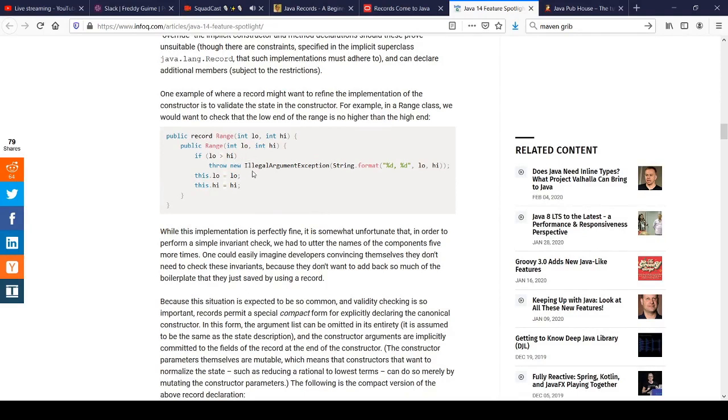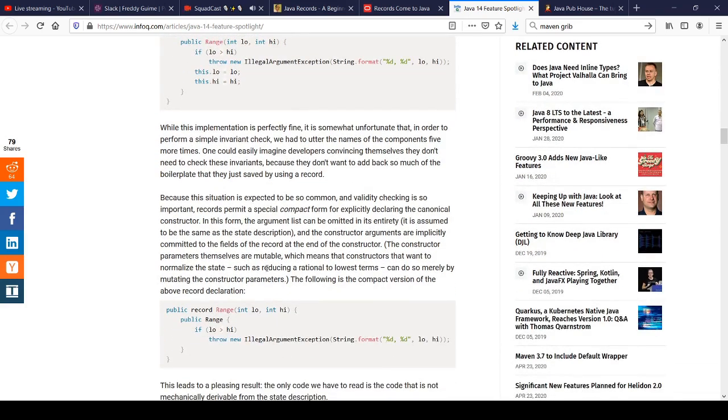you can do some validation on the objects after they're passed in. So this has the look of a regular constructor where it's actually taking it and performing some executable code. The way it's defined in this example would be a public record Range, open parentheses, int low, comma, int high, close parentheses, that's the record signature, and then the curly bracket, and then you define what you consider the regular constructor that you expect the record to generate, which is public Range, open parentheses, int low, comma, int high, close parentheses.